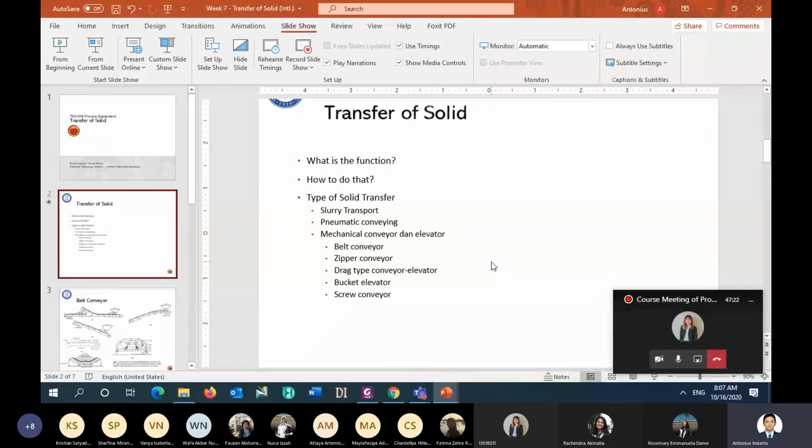In the case that the particle is quite big, we have an option related to the inclination, whether the inclination is higher than 20% or less than 20%. If it is less than 20%, the option will be the belt conveyor.